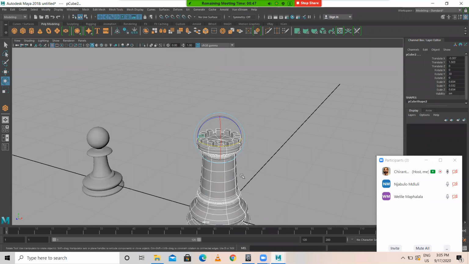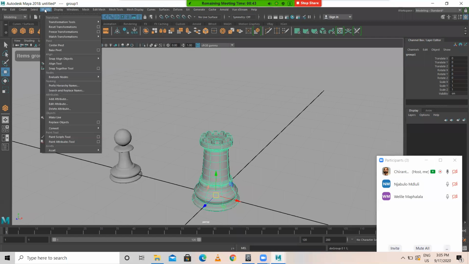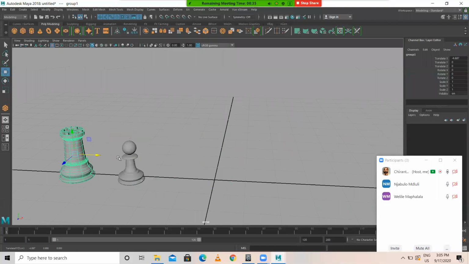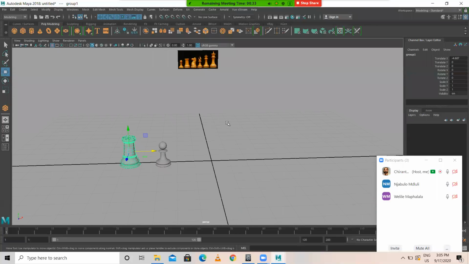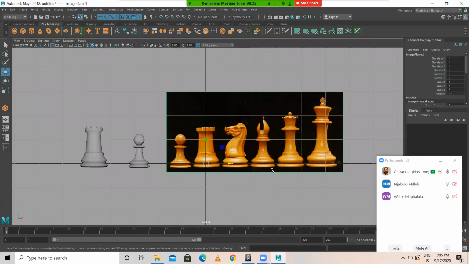So I can delete the curve, select all this, Control G for group, Modify, Center Pivot. So I can move it here. Okay. Similarly, I need to move this to the next one.